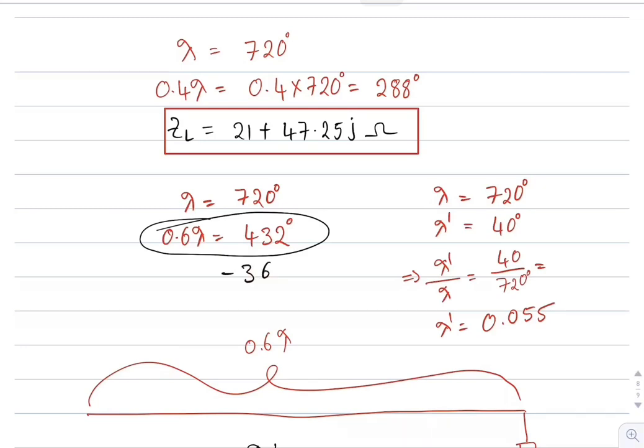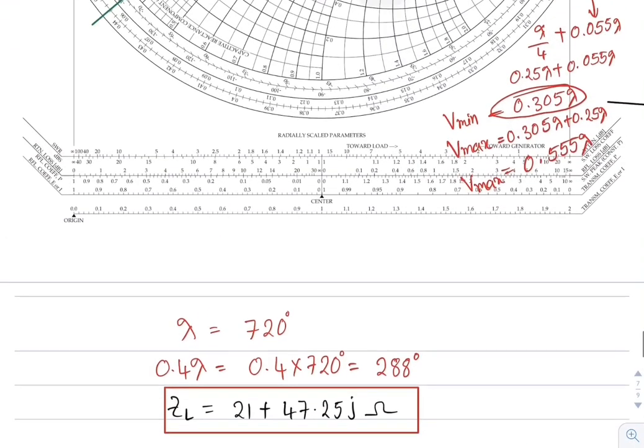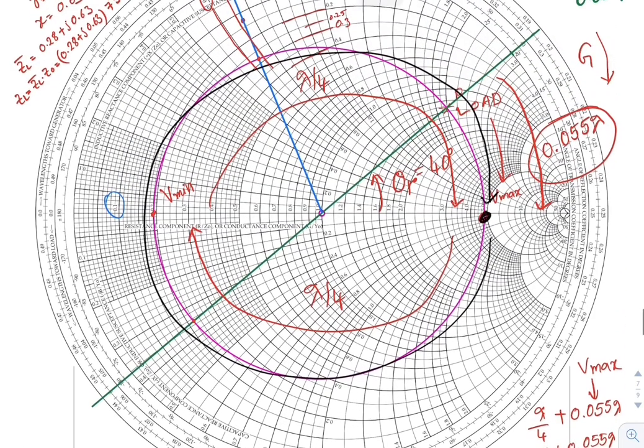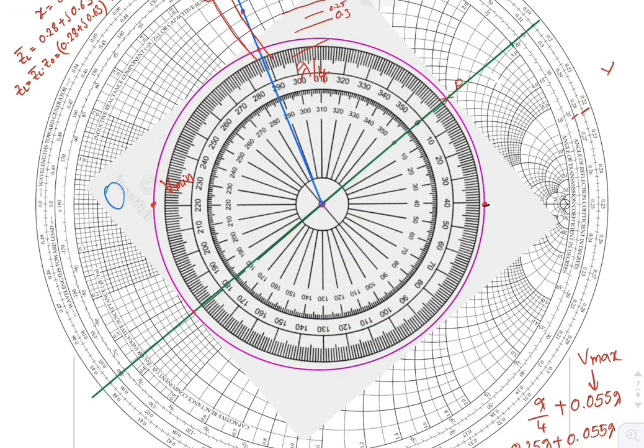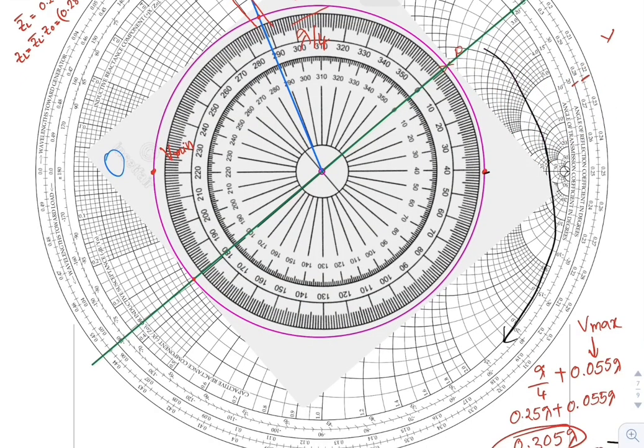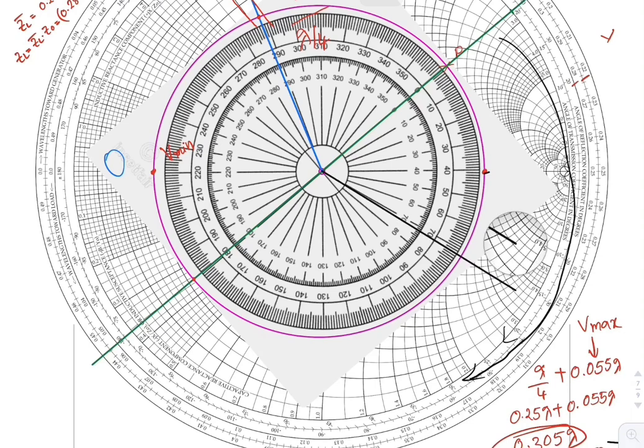Therefore, if you subtract 360 degrees from 432, you will have 72 degrees. Now, on the Smith chart, you have to travel 72 degrees from the load, towards the generator in this direction. 72 degrees means